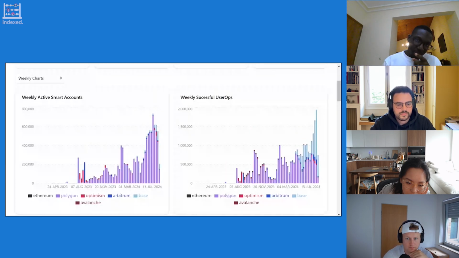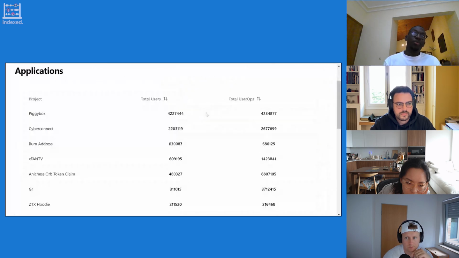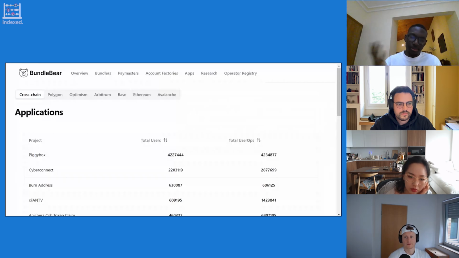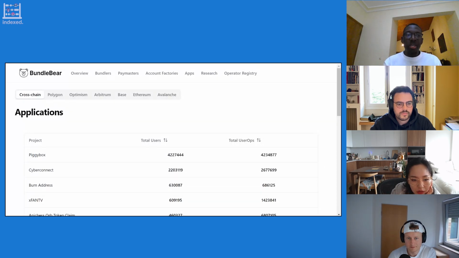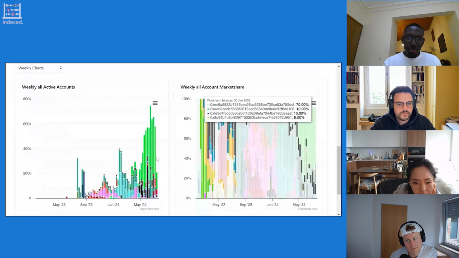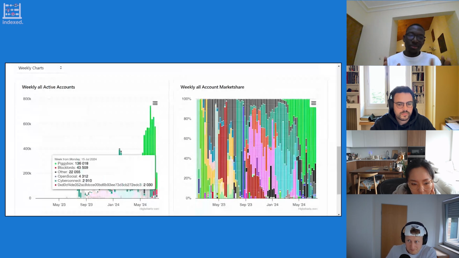So there's a page in here called Apps where you can check out when people are making these user ops. Taking a look at the data inside of the user ops, you can see what smart contracts or applications people are actually interacting with. There's a leaderboard at the top with the top apps, and we can see week by week what people are using the most. So maybe a good way to start would be to talk about what people are using now, and then I can talk a little bit about what people have been using in the past. Right now, the most popular apps of the week are